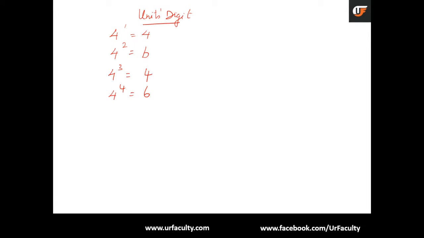If the question is like this, let's say find the units digit of 384 to the power of 26, please don't panic. It is very simple. The 4 follows a cycle after every 2 powers. You can see that 4 to the power of 5 is going to be 4, and 4 to the power of 6 will be 6. So after every 2 powers, it starts repeating. And what do you see here? Every odd power gives an answer of 4, and every even power gives an answer of 6.